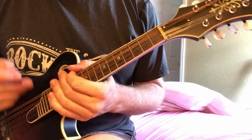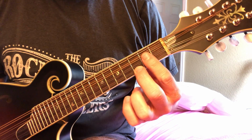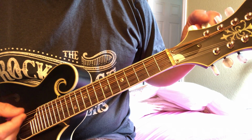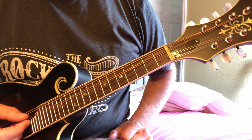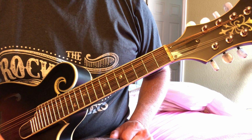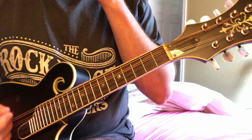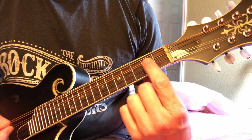Okay, here's what those chords look like. So this is the shape of the E minor. It's an open D or open G. Sorry, let me tune. Here's a G, here's a D, here's an A, and here's an E. Close enough. Okay. So that E minor is an open G,